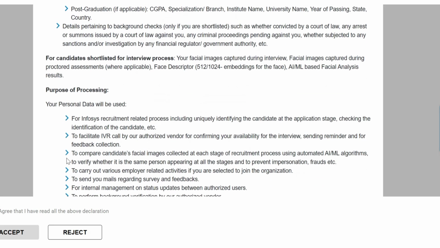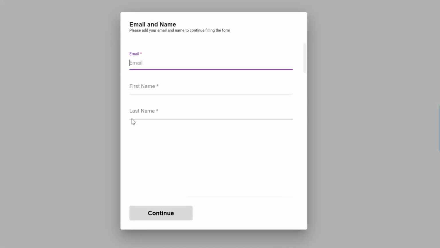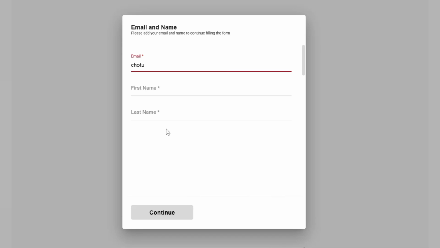Okay. So here you need to click this box so that you are agreeing that you have read all the above declaration. Okay, then you need to click the button accept, so you may get a page like this. So here you need to give the details. Okay, so you give your email address, so you may get all the updates regarding the Infosys recruitment process to this email. So here I am giving my email address,